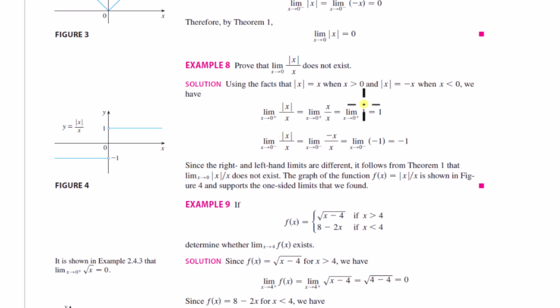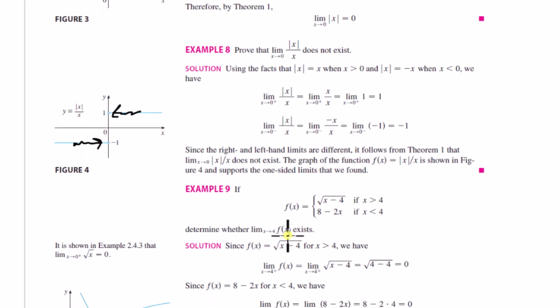So that's proof that, in general, the limit as x approaches 0 of the absolute value of x over x doesn't exist. And this makes sense when you look at the graph, right? Coming from the left, it exists. Coming from the right of 0, it exists, but in general, it doesn't. Okay, this next example, we have